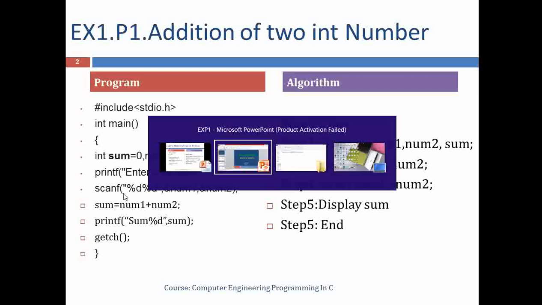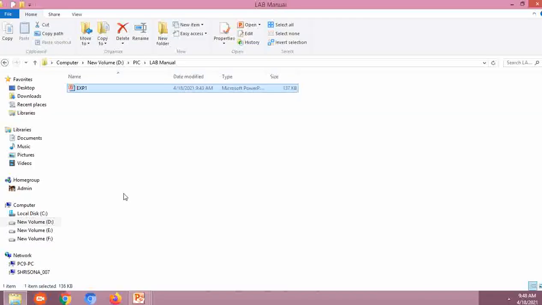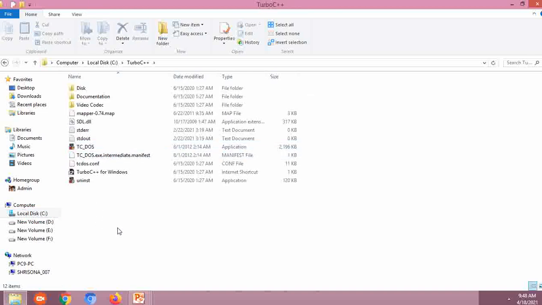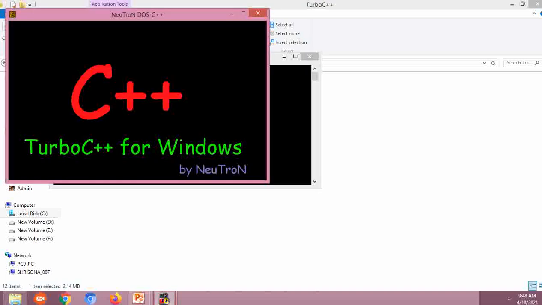Okay, now we will see the implementation of this program in our C language. So we go to our Turbo C installation. In my C drive we installed the Turbo C software, and this is the icon of Turbo C. So we click here, then open the Turbo C program editor.